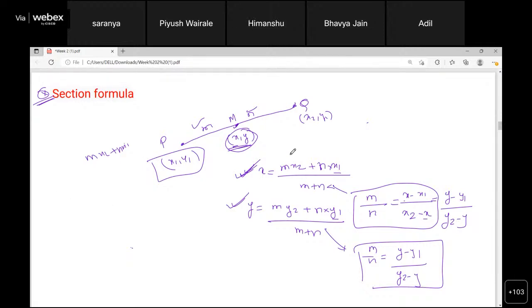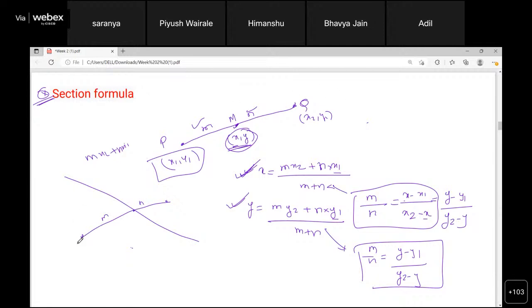So just remember the section formula; whatever is unknown, you have to find it. But in the exam, we will not ask this straightforward question. It will be like this: this is one line, PQ, and another line is intersecting it at this particular point. Then find the ratio in which this line is bisecting, or find the point. The points will be given here.